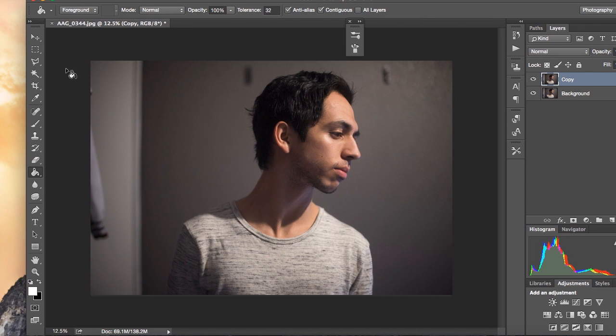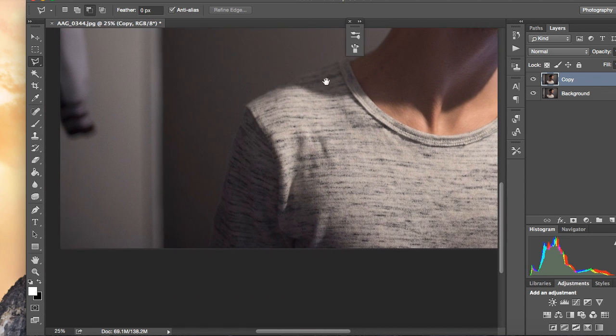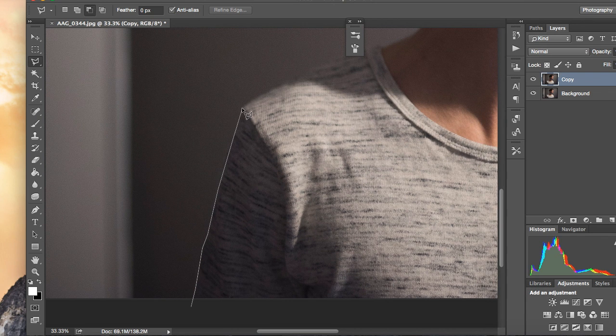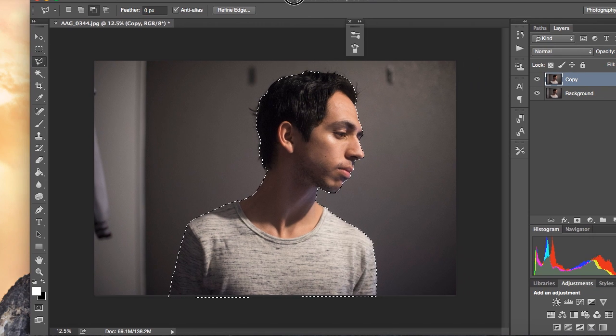Alright, step number 3. There's a bunch of ways of doing double exposures and masking. I chose to do it this way using the polygonal lasso tool, and all I'm gonna do is kind of draw around myself. I'm gonna fast forward this part of the video, not to bore you guys. Alright, cool. So now that that's done,